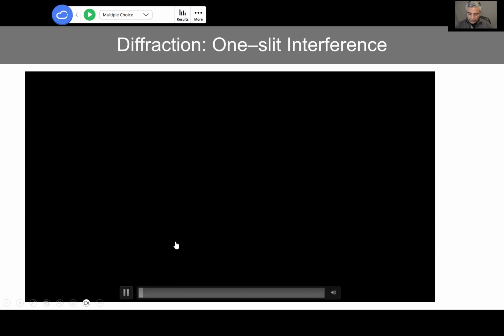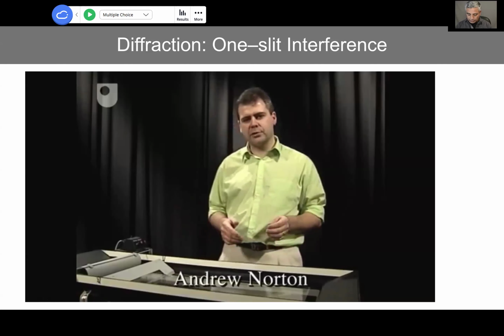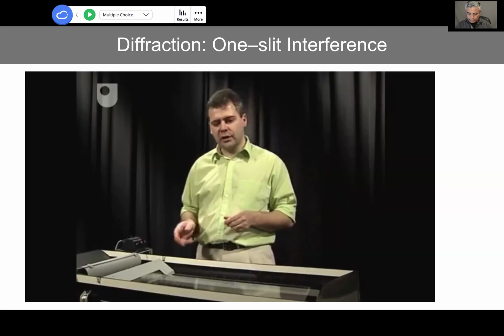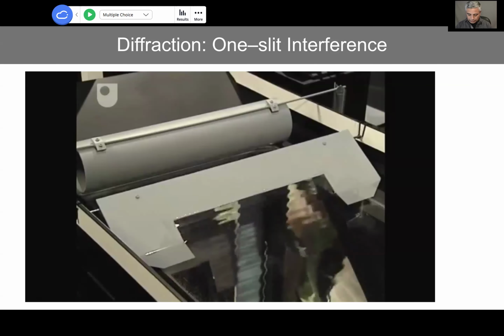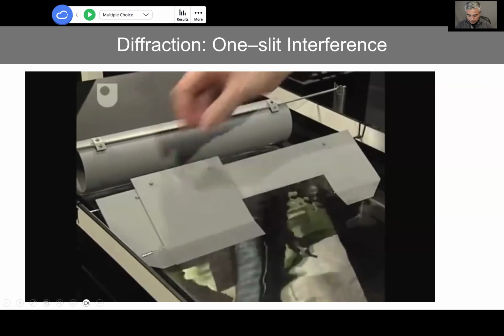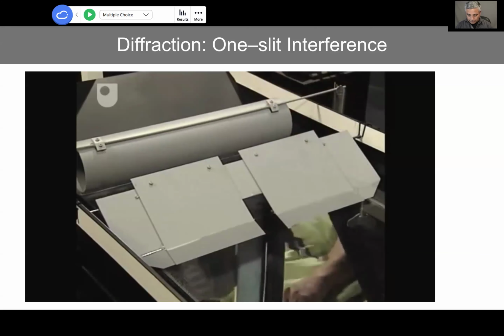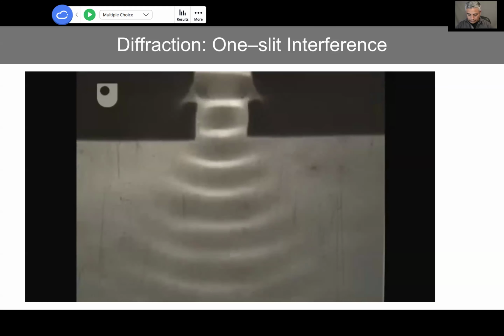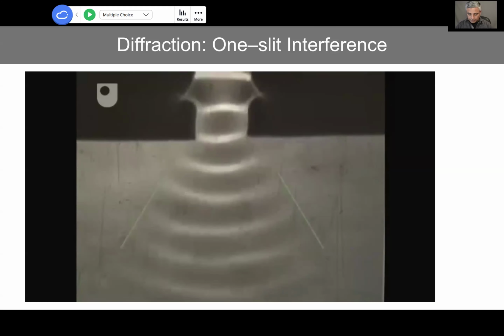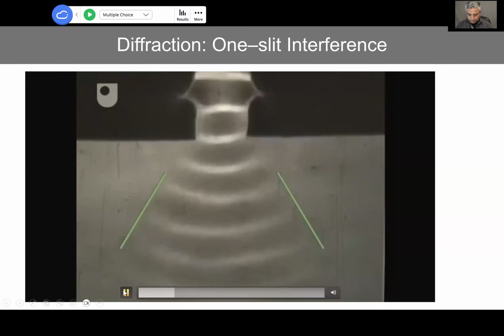The next thing I want to look at is what happens to a water wave when it passes through an aperture. Well, I fitted an aperture here, but it's rather too wide for what I need at the moment. So if I fit these sliding doors, I can make an aperture that's about 3 centimeters across. And if you now look at the screen, you can see that as the waves pass through the aperture, they spread out. This spreading out of a wave as it passes through an aperture